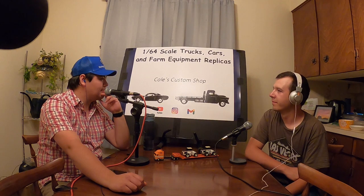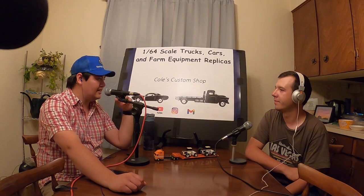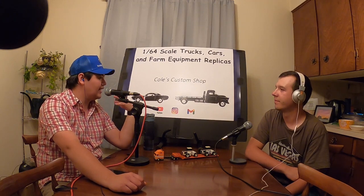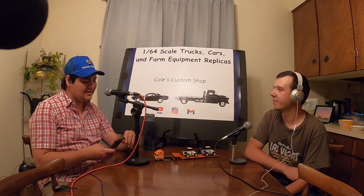Just kind of tackling one area at a time, and this way I can show off my collection in a fleet that looks a little more practical rather than just a whole line of trucks. Right, yeah, just kind of random. Yeah. So that's kind of what I've been up to with my collection, and you know, still collecting, but